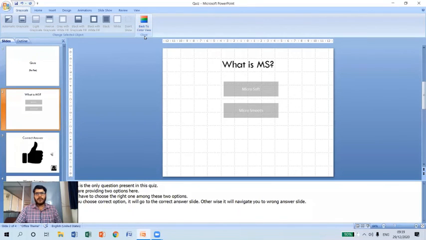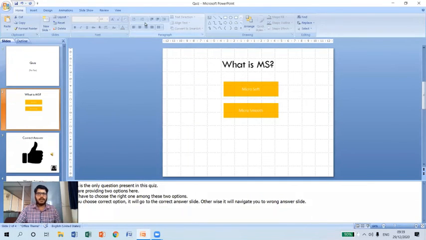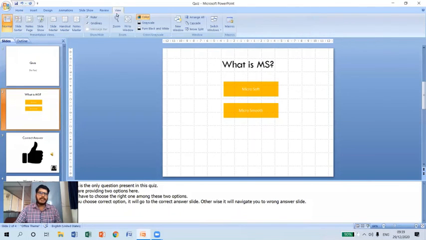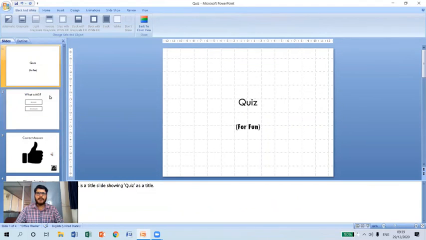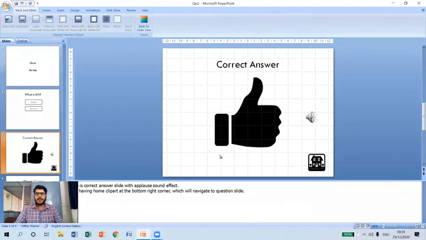Again, I can go to color view by clicking on the back to color view option, which is available here. Simply click on this, and it will move to color mode again. And similarly, we can go to pure black and white mode by clicking on pure black and white so that it will view the presentation in black and white mode. If I click on this, you can see the entire presentation has shifted to pure black and white mode. Even this icon is appearing in black and white. And I can switch back to the color view by using the back to color view option, which is available here.